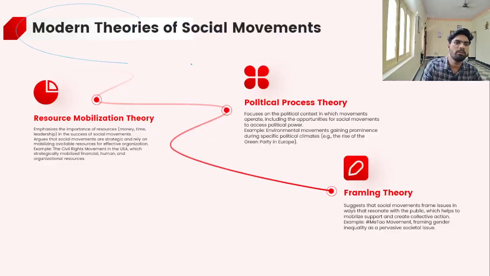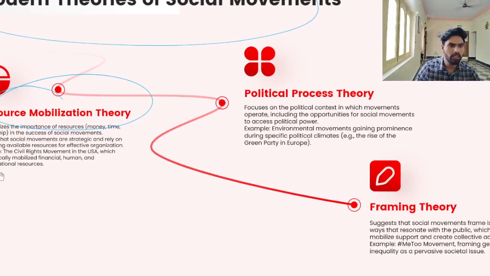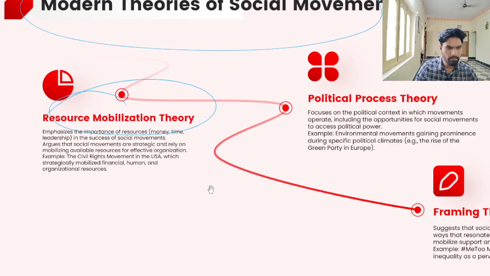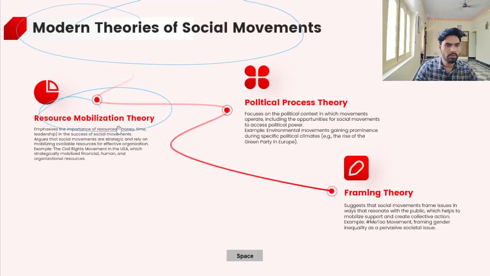These are some of the examples of classical theories of social movements. Now we will see the modern theories of social movements. The first one is resource mobilization theory. What does this theory emphasize on? The theory emphasizes on